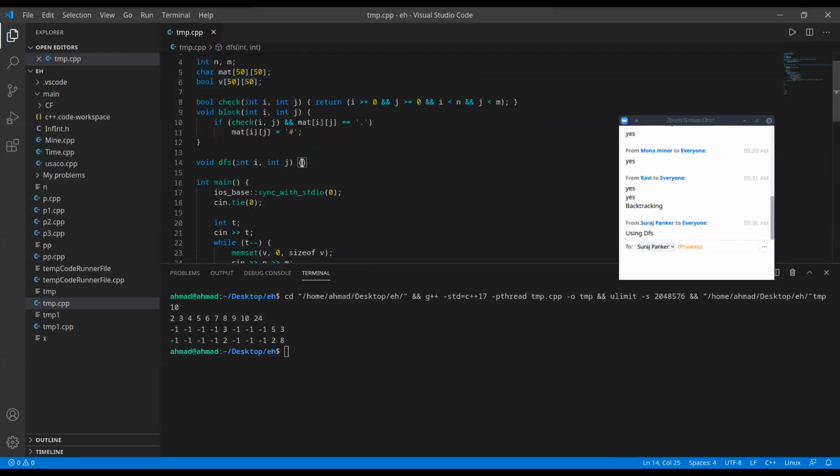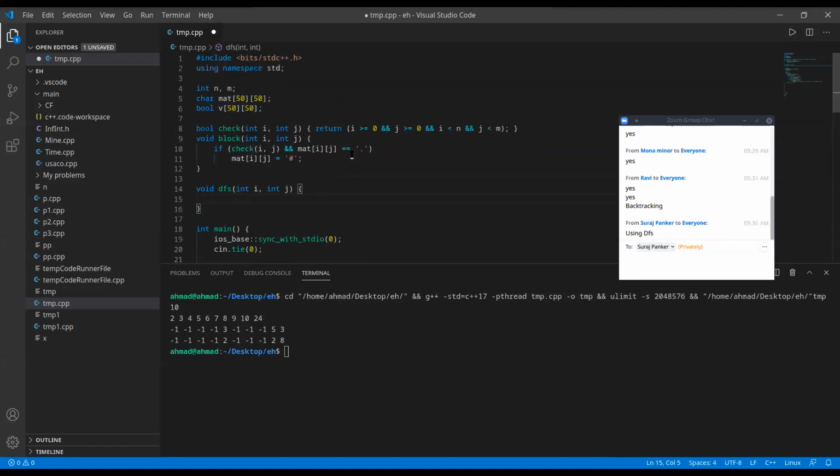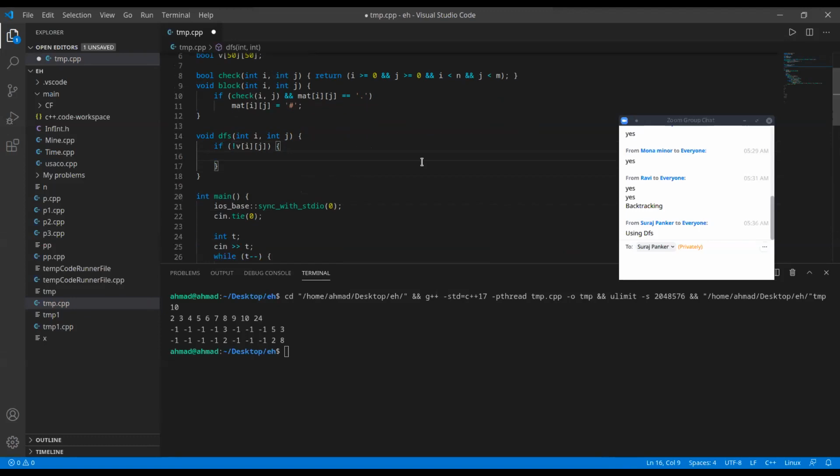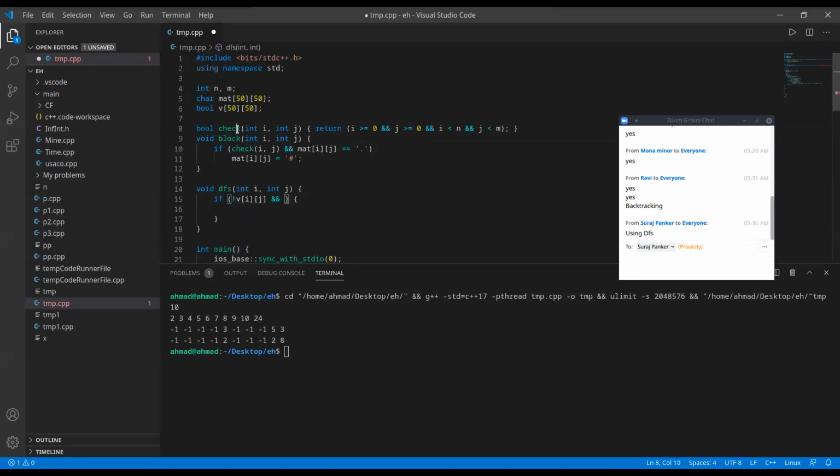So this is how DFS runs. If I am in a non-visited cell, then I continue the DFS. So I'll check if this cell is not visited. If not v of i of j, then continue. Also, I want to check if it's not visited and it's within the bounds, right?